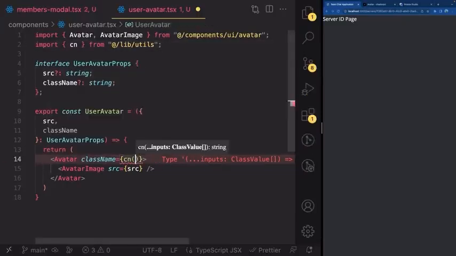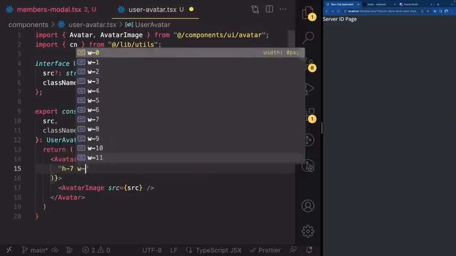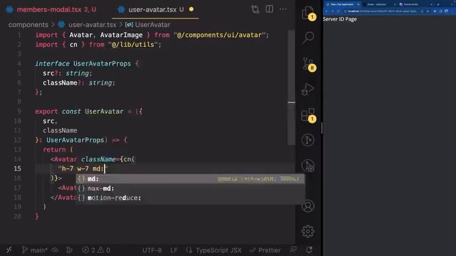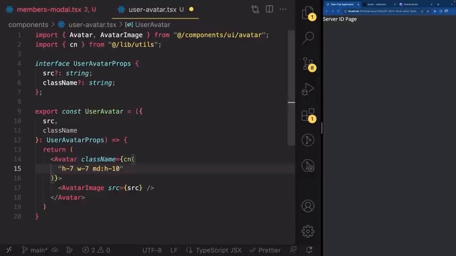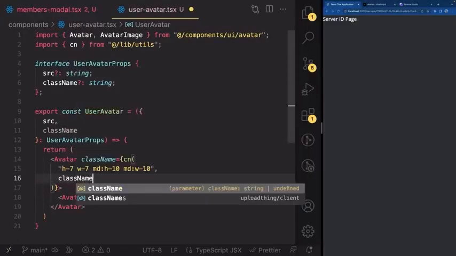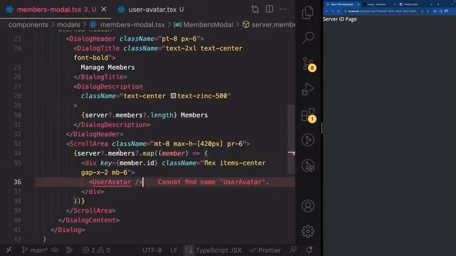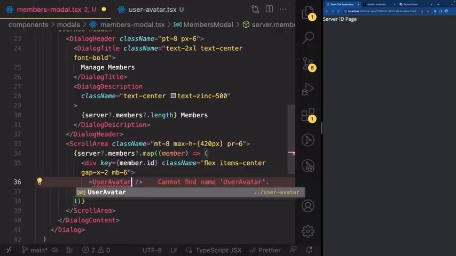Let's open this and add some default classes here. So that's going to be h-7 w-7. On medium devices, height is going to be 10, and on medium, width is going to be 10 as well. And let's also pass in the className as our optional secondary prop in case we ever want to modify this. Perfect. Now we can go back inside of our members modal and import the UserAvatar